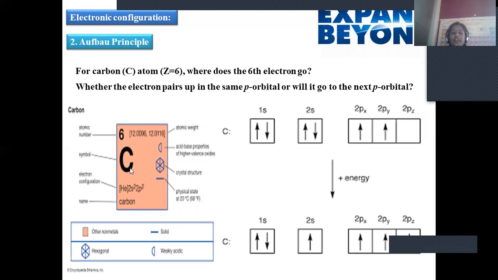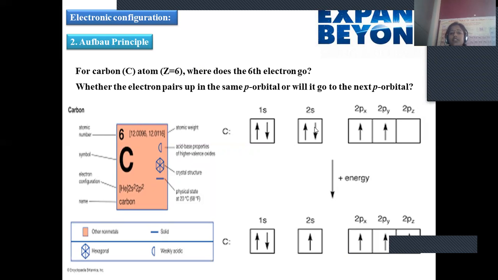And the Aufbau principle can be employed even for carbon. Carbon has atomic number 6, so 6 electrons will be present. All 6 electrons are occupied in such a manner: 1s2, 2s2, 2p2. It is not preferable to fill the second electron in the same 2px, because that would violate Hund's rule. We will discuss Hund's rule just after this Aufbau principle. So the electrons should be placed in px and py separately rather than 2 electrons in px itself.